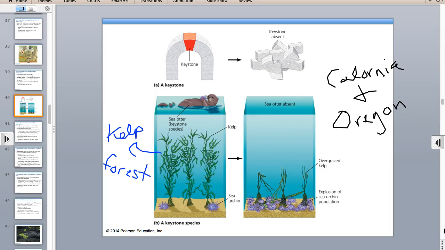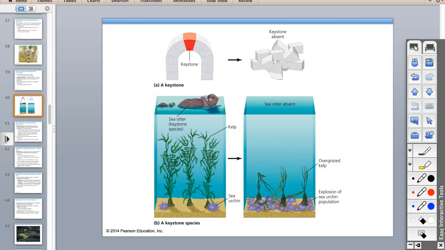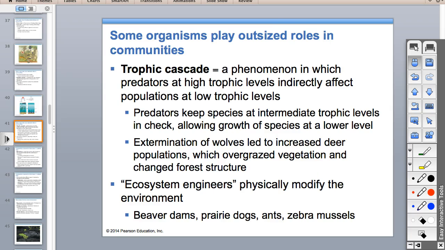So we really did a pretty in-depth study with the wolves. Wolves are on the AP exam, but so are sea otters. So there you go. I'm sorry that I have to be like the messenger for the College Board and tell you all the tricks, but there are so many.